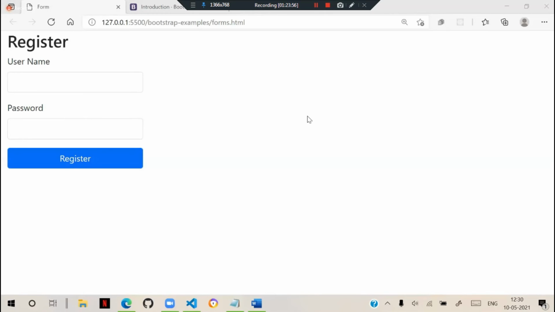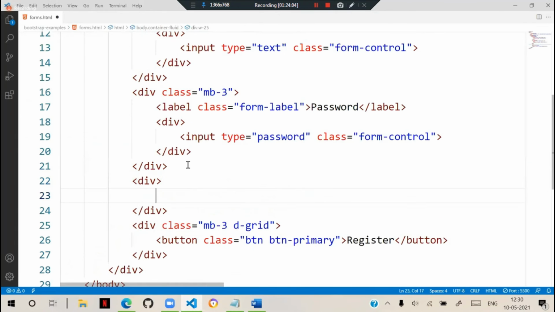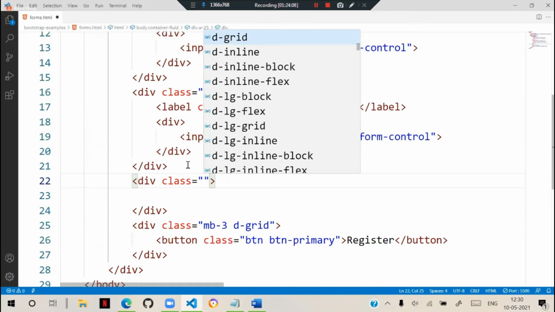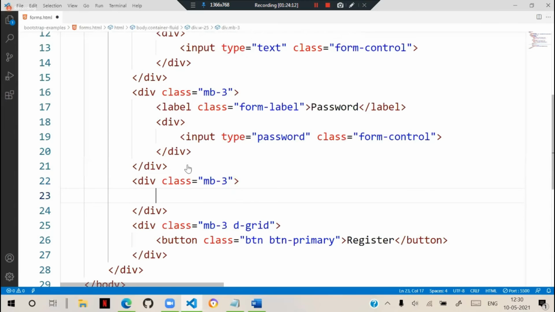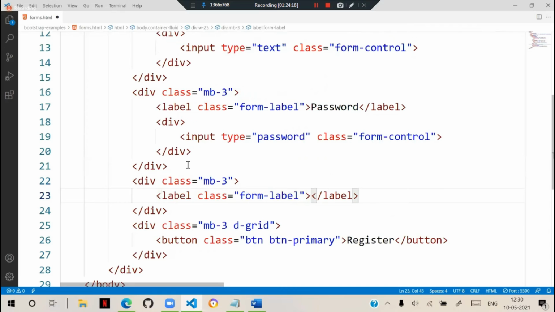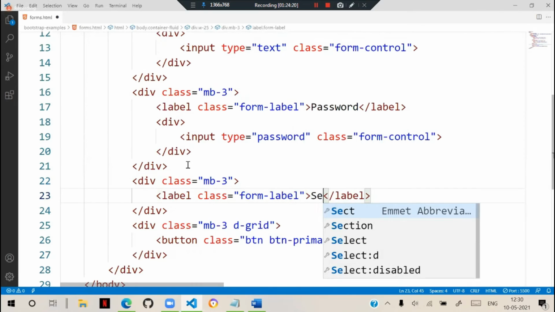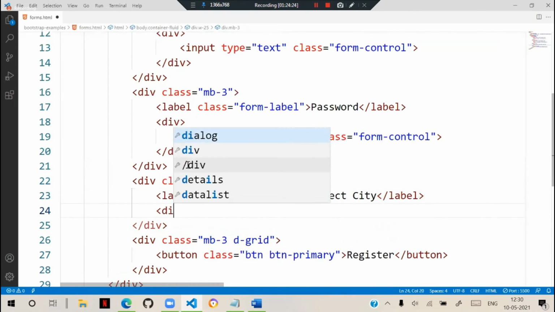Now, generally for drop downs, we need to manage. Suppose I give another div here, and we just put a class as mb-3. In this, we have a label, so the class as form label. And here we define it as select city. And we need to keep a drop down here.